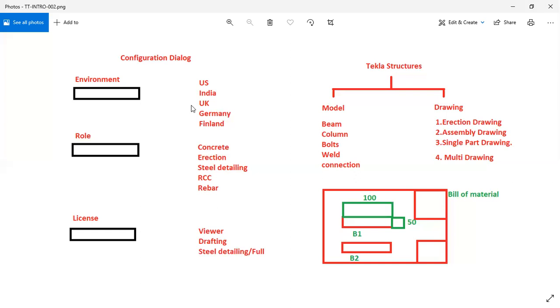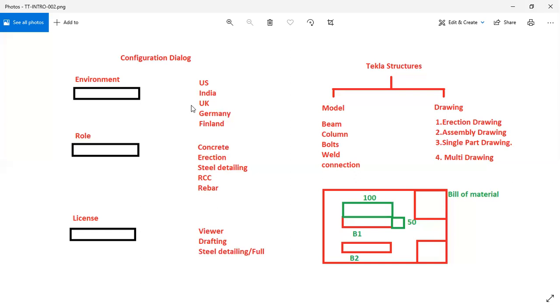Then we have concrete, which means there are different kinds of menus available in the concrete license or the concrete version. Okay, so those standard items will be available in that role. Similarly, in environments also you will be having standard grades, standard member sizes. So standardization will be done according to these environments and role. Okay, so these first two options are for standard items. One is related to your work, and the other is related to your material grades and everything, templates, all those things will be listed in the environment.